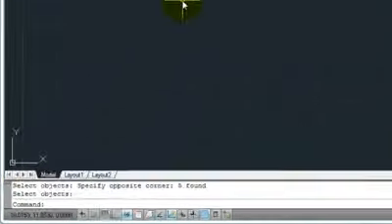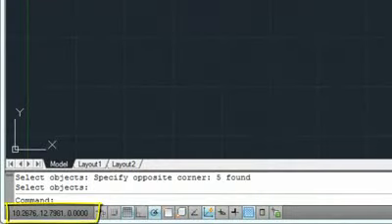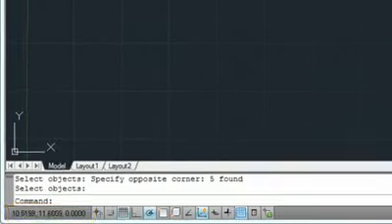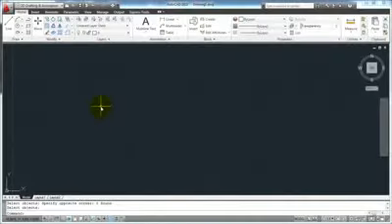Well, as I move my cursor around, you'll see I've got about 10, 11 is kind of right around here. Well, if I wanted to draw a line, I could give it a starting point. Let me start my line command. It's asking me for my first point, but instead of just picking somewhere arbitrarily out here in space, I can give it an exact coordinate, okay, by using the absolute coordinate entry. So all I'm going to do is type in 10,